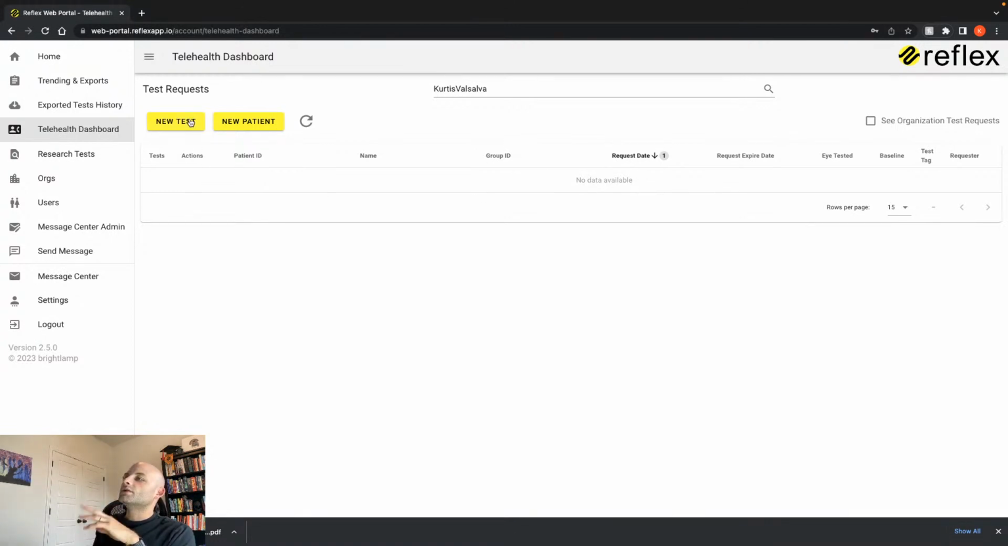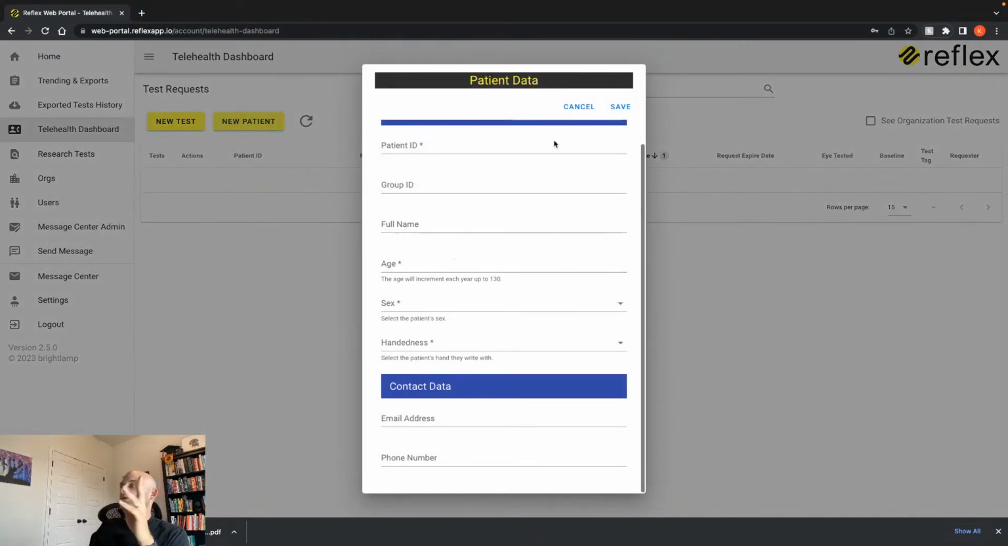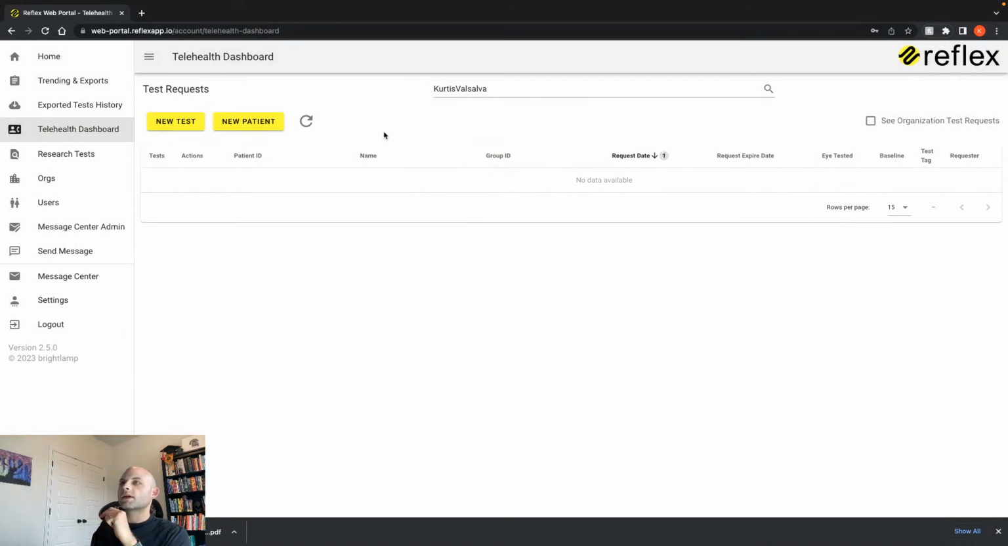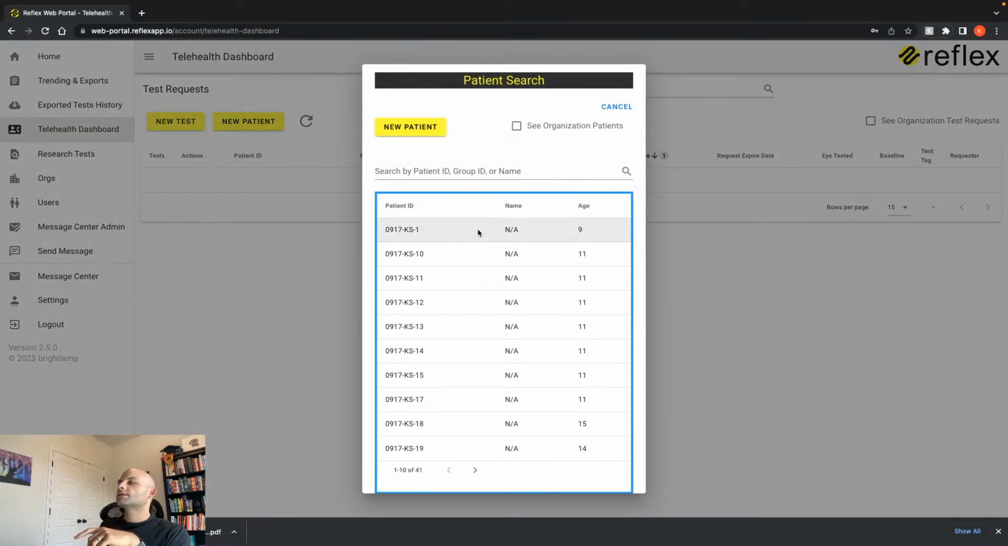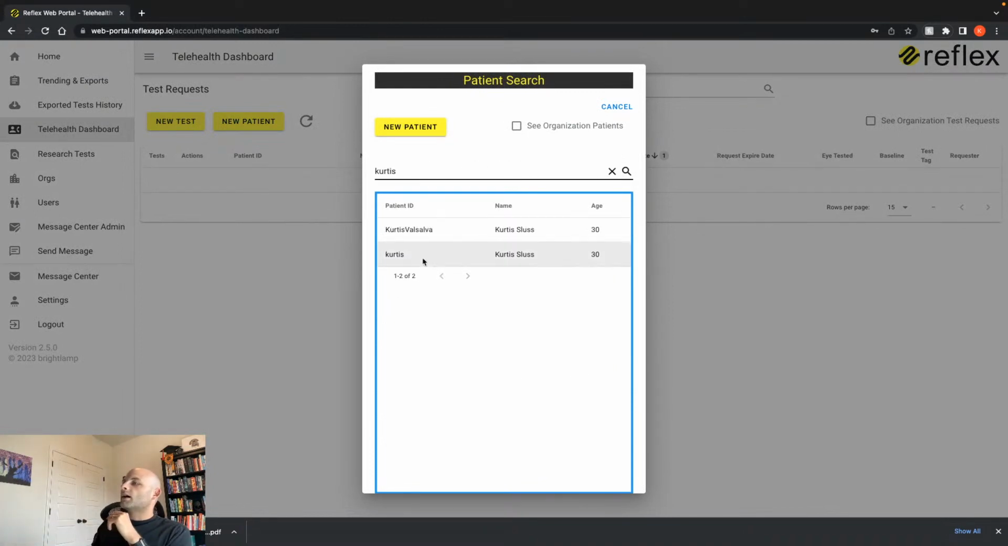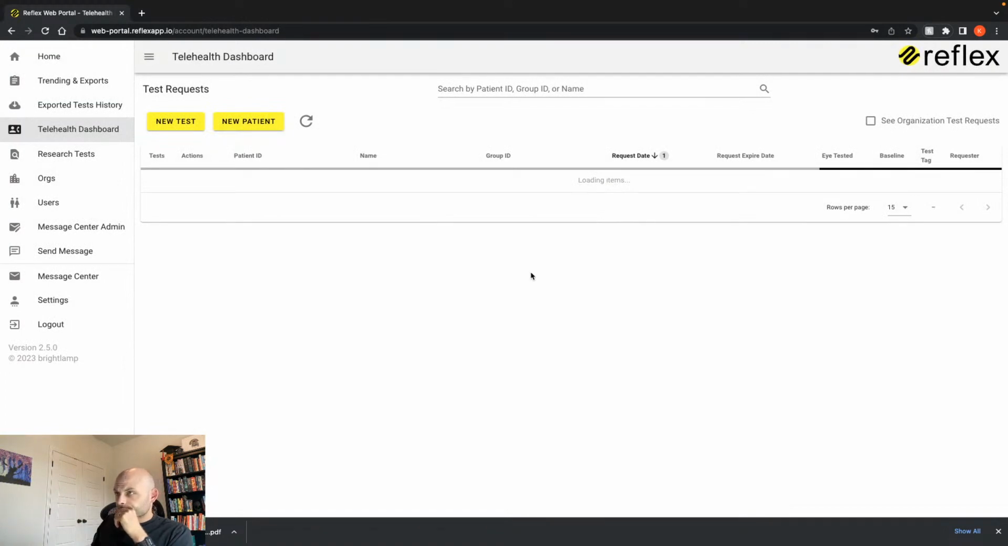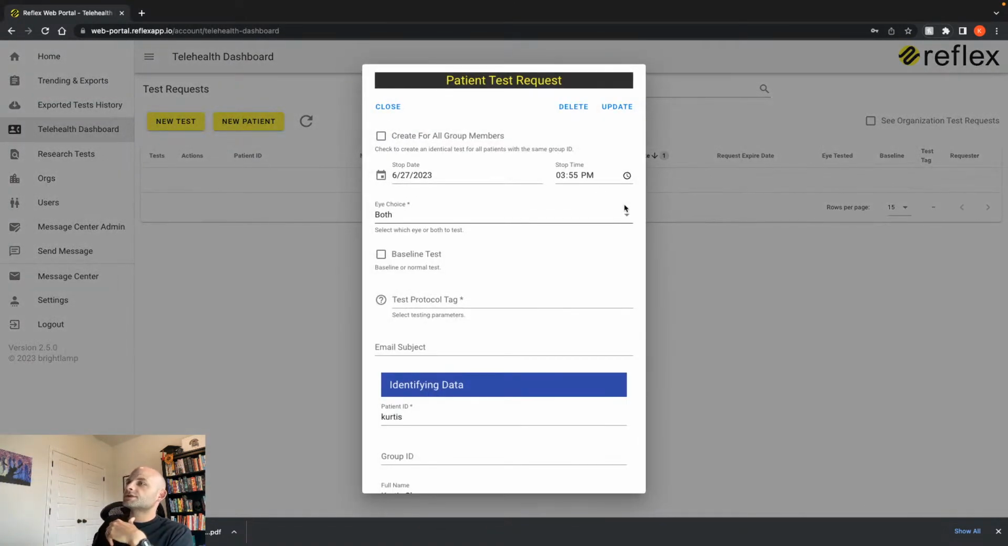So we can send out a new test. Let's just say we already have a patient in the system. Now you can still create the new patient just like we did before. It's nothing new under the trending and exports tab. But we can go ahead and select a new test, and we can say, okay, I want to send one to Curtis, me. I can select this, and then what it's going to do is load up all that information,